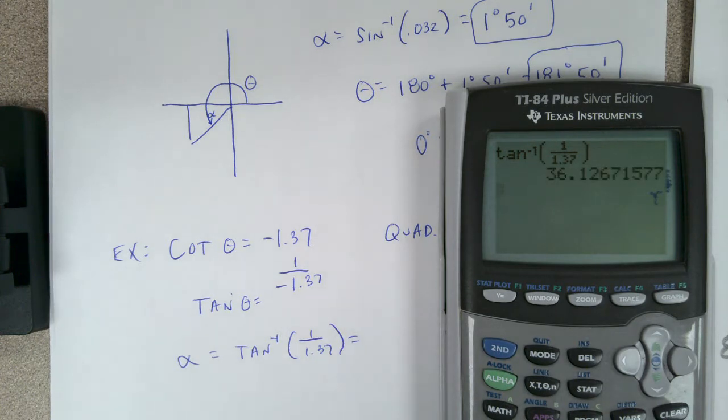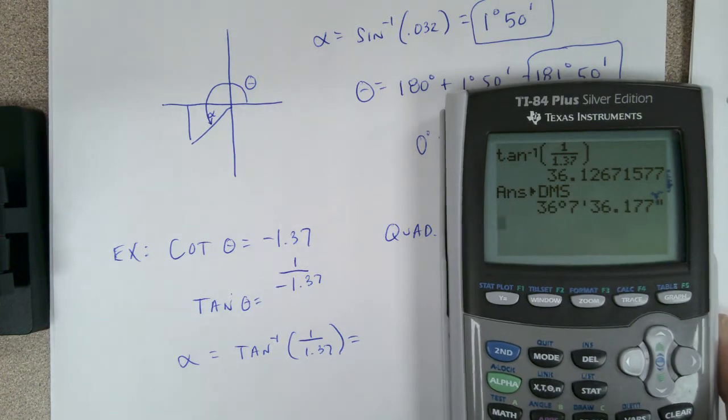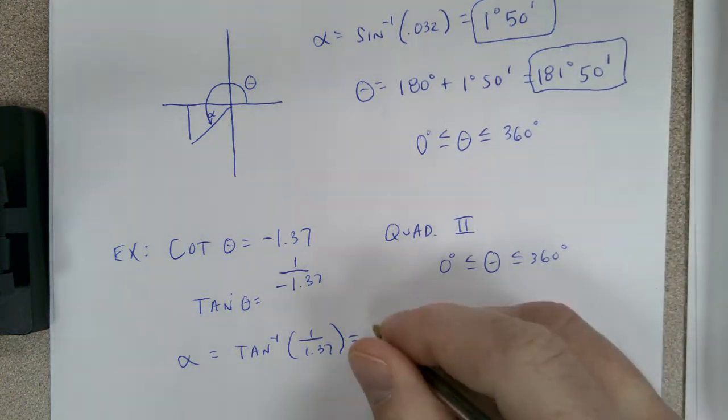That gives me 36.126. And I'm going to change that to degrees, minutes, and seconds. So second angle, number 4, hit enter. So 36 degrees and 7 minutes